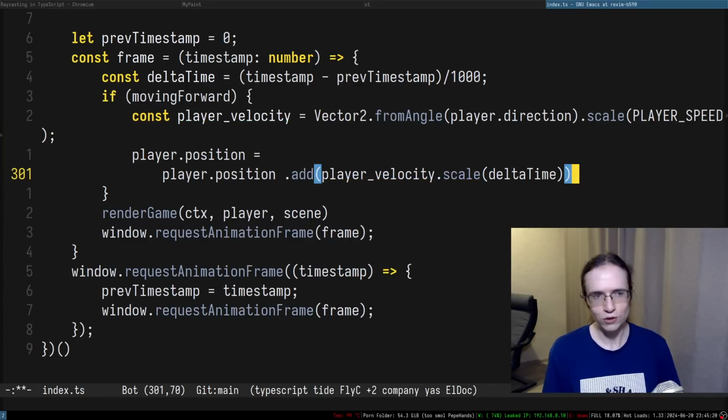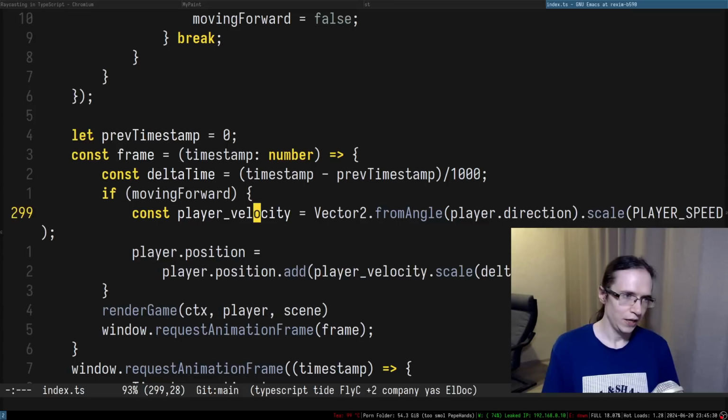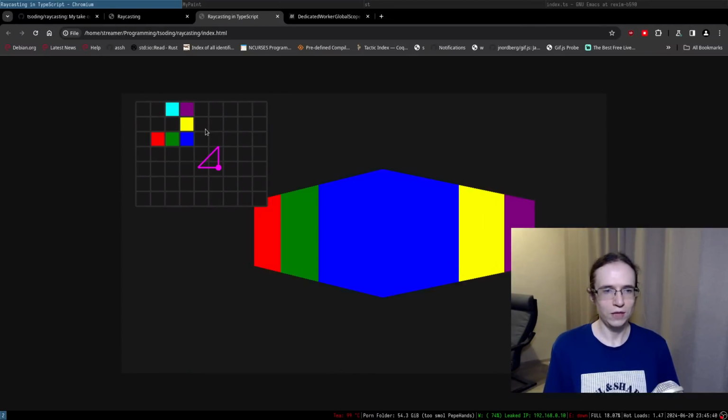As you can see, it looks nice. You have player position, player velocity, scale by delta time, and then reassign it, and there we go. I do think so. And afterwards, you render the state of the game. So you updated the game, you rendered the state of the game, and then you request the next animation frame. All right, so now if I refresh the whole thing,